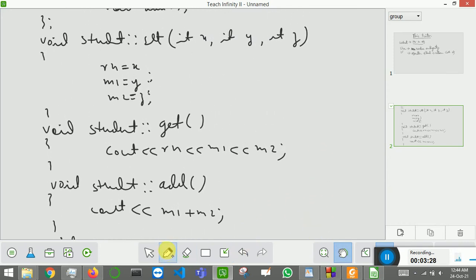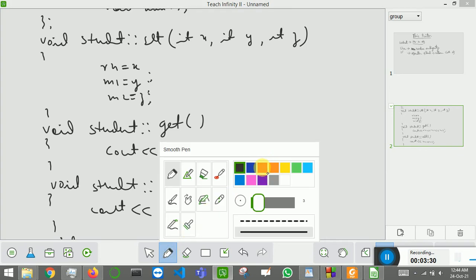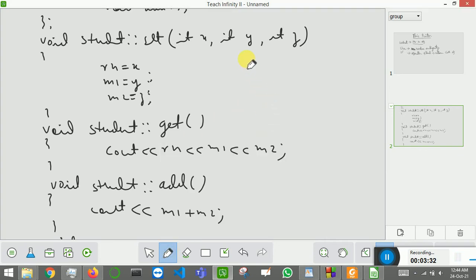Suppose I'm calling object 1 dot set, and I write 1, 10, 20. I have told you earlier this 1 will go to this x, this 10 will go to y, and this 20 will go to z. Why? Because the set function you are calling and the set function you are defining here are the same.